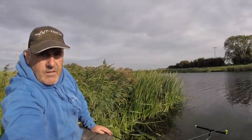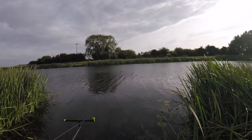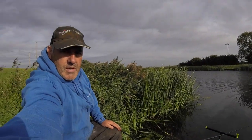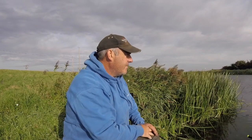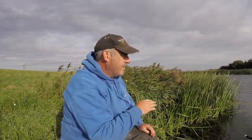Lovely peg this is. Like I say, I don't fish it a lot. I fished it at the start of the season. So it's on a bit of a bend, a bit of a sweeping bend there. I fished it in the winter last year and did okay. So I fished it at the start of the season,